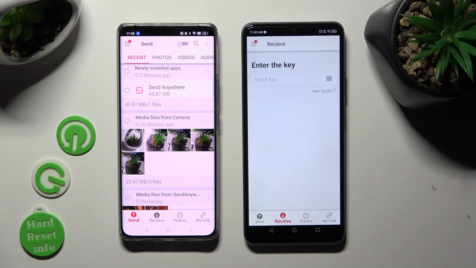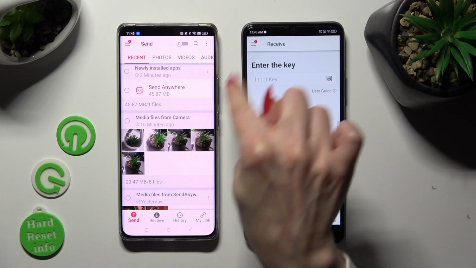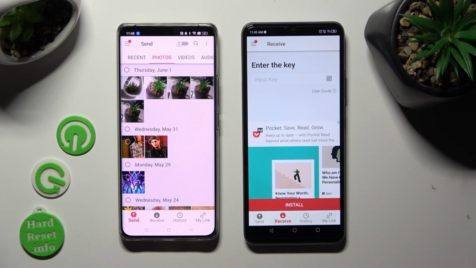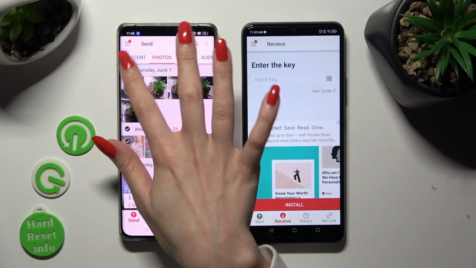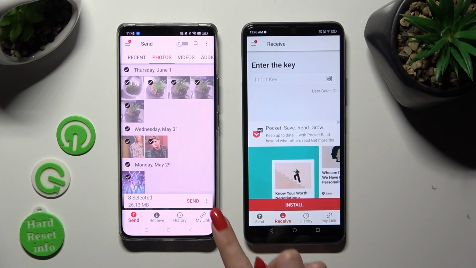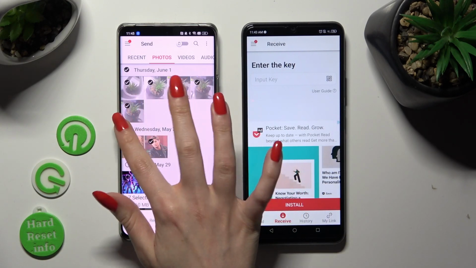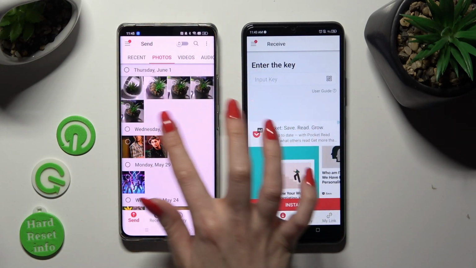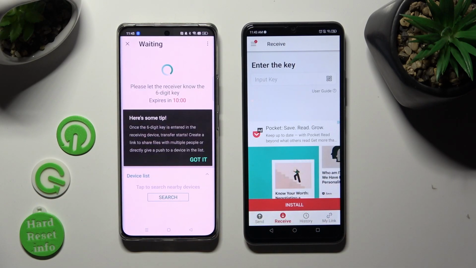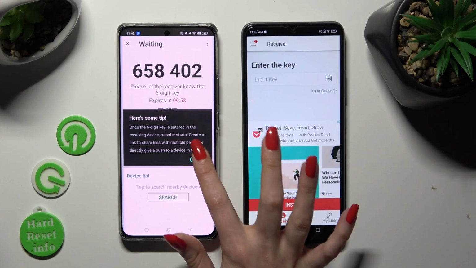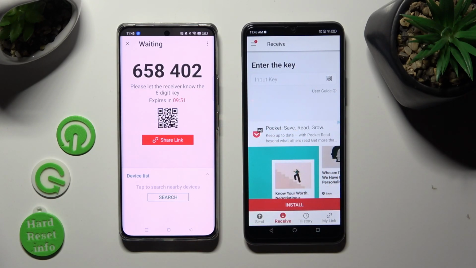From it, you can select all of those categories located at the top and choose all of your files that you want to transfer. When you finished, hit on Send next to select it. I will go with only one photo, so I have to click and tap on Send then. Over here, just tap on Got it, and here's some tip pop-up